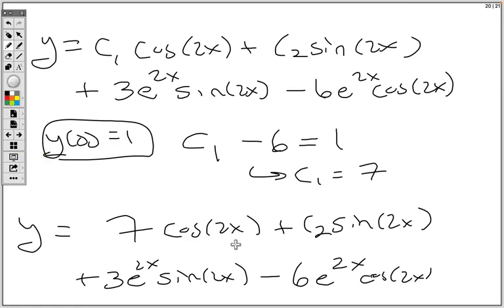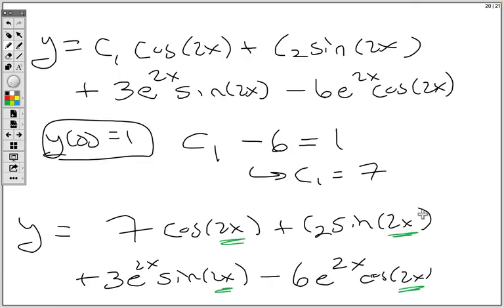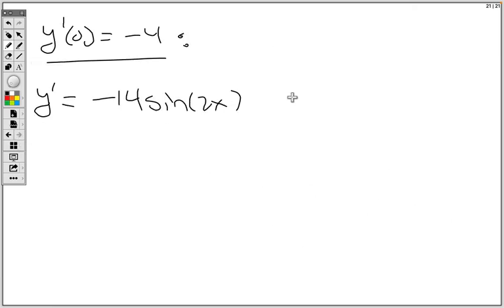When I go to take the derivatives of these sine and cosine functions, what's going to be popping out? You've got a factor of 2 you've got to worry about. So here, in the y prime, you're going to have a 2 come out. So it'd be minus 14 sine of 2x. 2 pops out. Plus 2c2